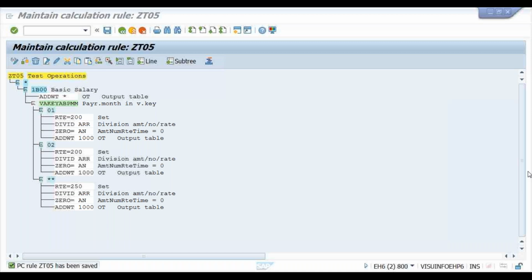Will it work for all the cases? Observe this. It will work for the current year.